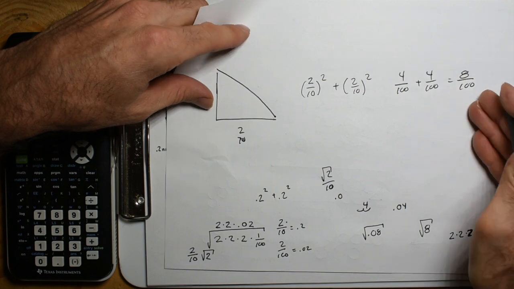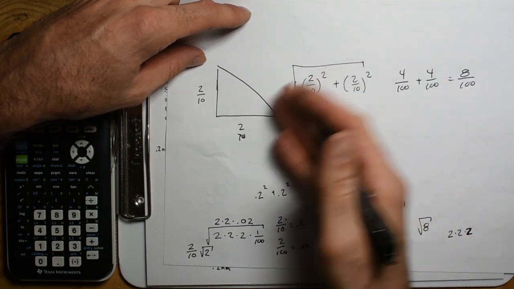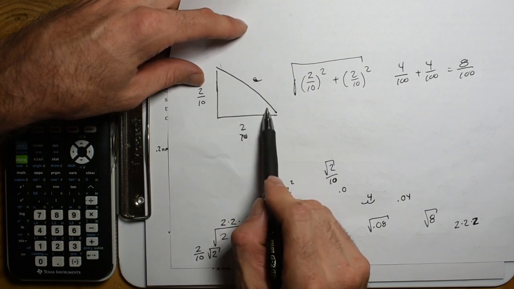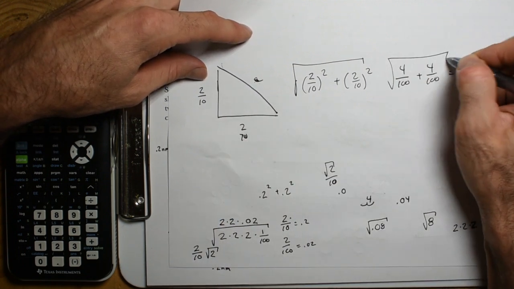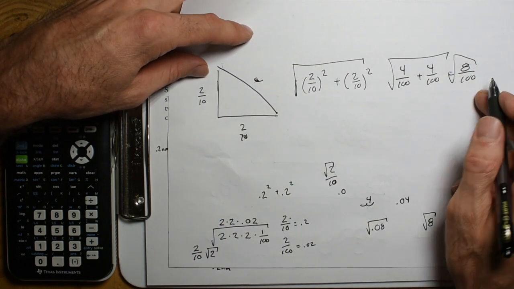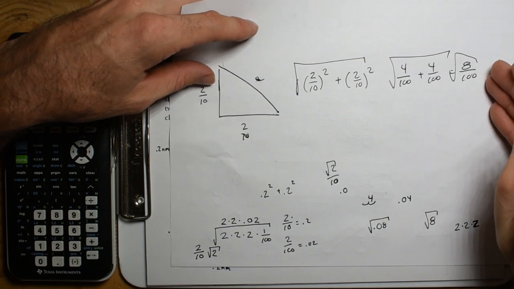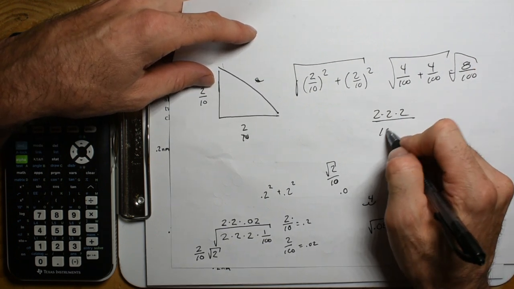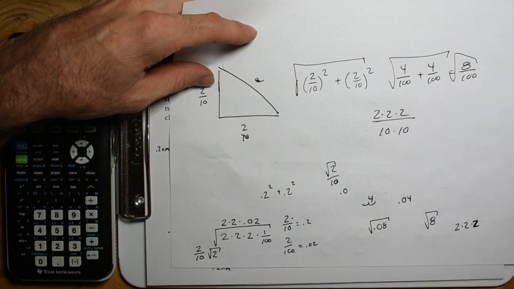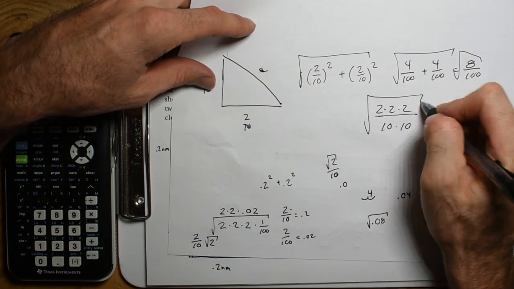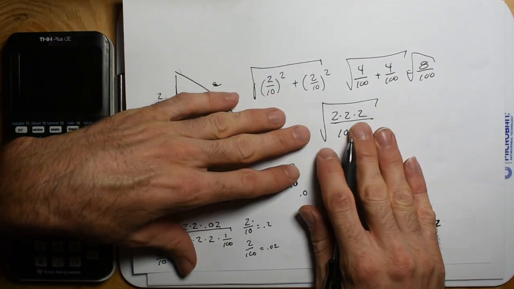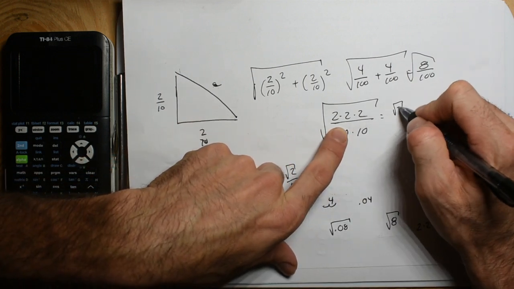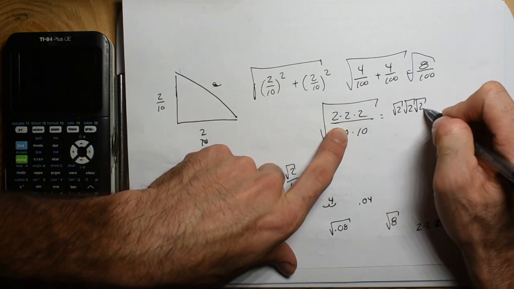So that's our answer there, and it's obviously the square root of that. So if we're trying to find this distance, the hypotenuse C, we have the square root of 8/100. And now you can factor this. You can say 2 times 2 times 2 is 8, divided by 10 times 10. And then when we do the square root, this is so cool. We've done this a lot. This is the same thing as the square root of 2, square rooting each number.